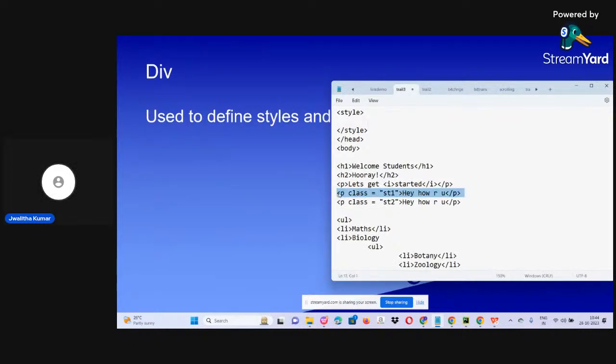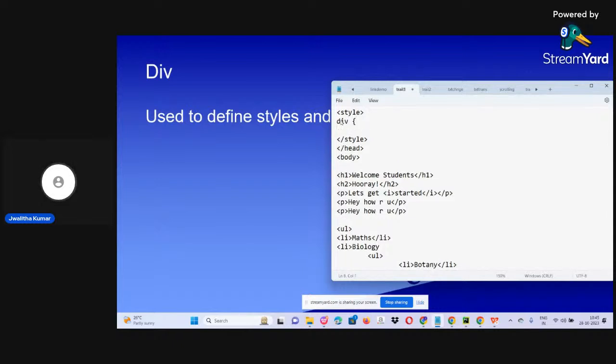instead of using classes, I'm going to use a div. So using div, I'm just going to add a few attributes to that. So I'm just using my background-color colon,